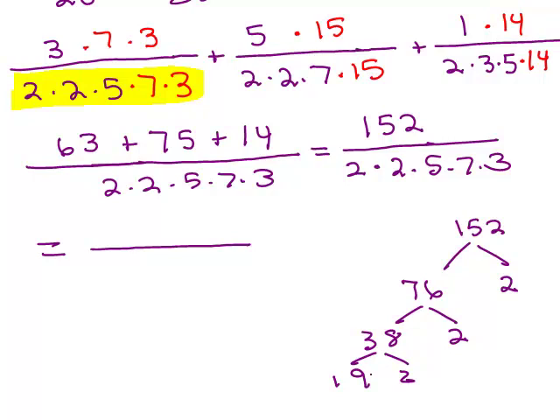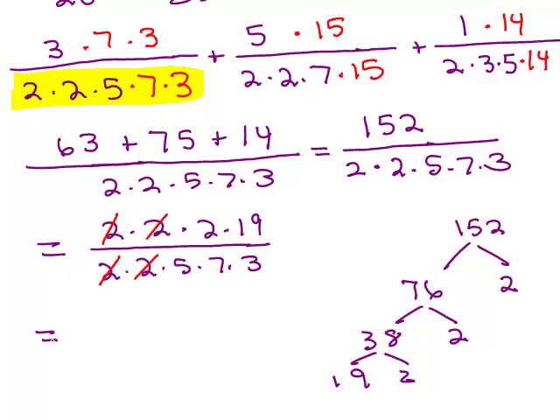So I see that there are going to be 2 factors of 2 at the numerator that'll cancel with those two twos. All right, so I'm going to simply write out the prime factorization so you could see it. 2 times 2 times 2 times 19 over 2 times 2 times 5 times 7 times 3. And then I can see I can cancel out factors of 2 in numerator and denominator. I finally get 2 times 19 is 38